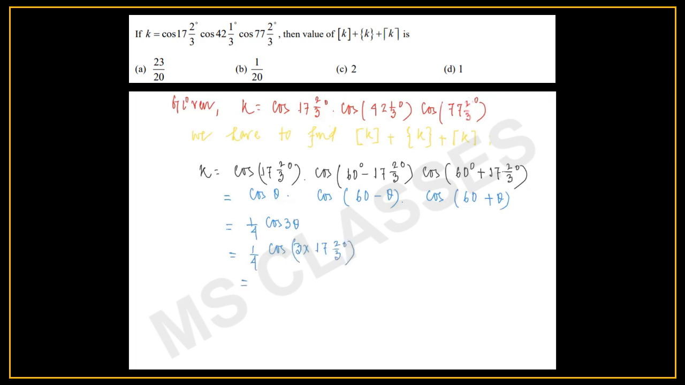Now this gives us 1 by 4 cos 53. Now we know that cos 53 degree is approximately equal to, so this gives us 3 by 20. So approximately the value of k is 3 by 20. Now from this we can say the required expression